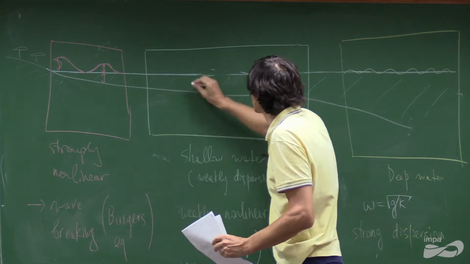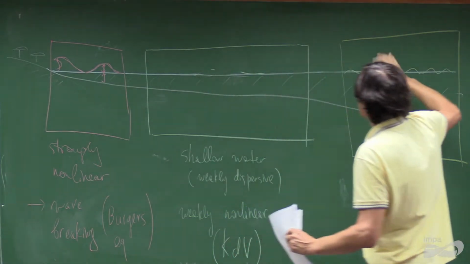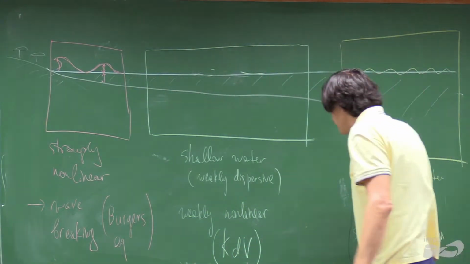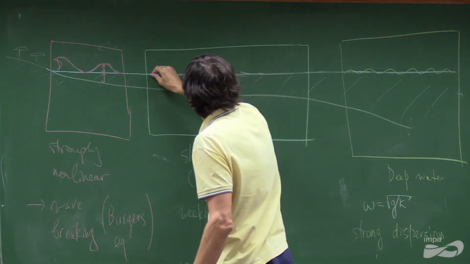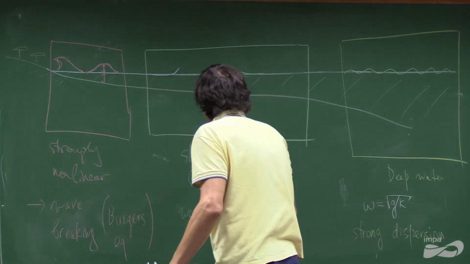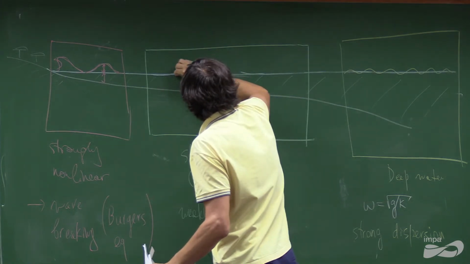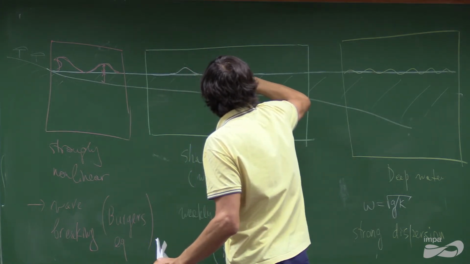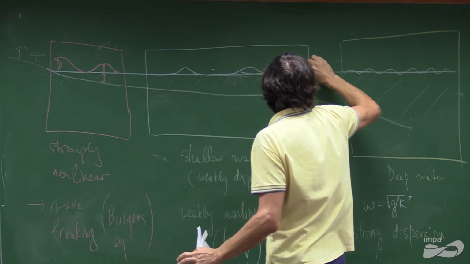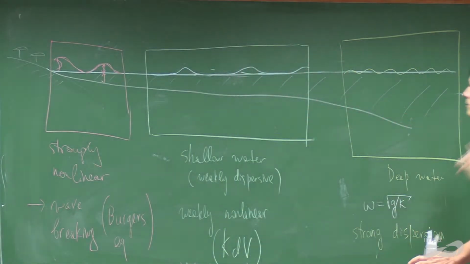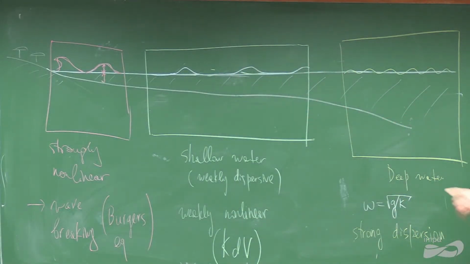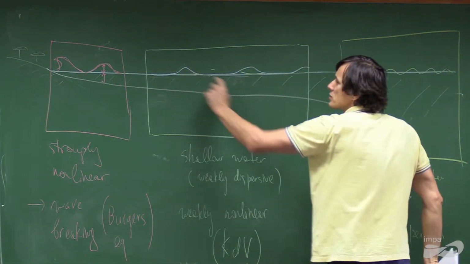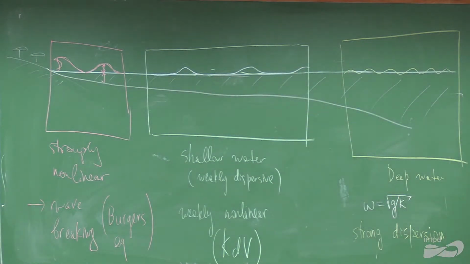So independently of what happens chaotically here, in the region of the KdV, they will choose that pattern, and you often see a wave which is very close to cosh^-2,